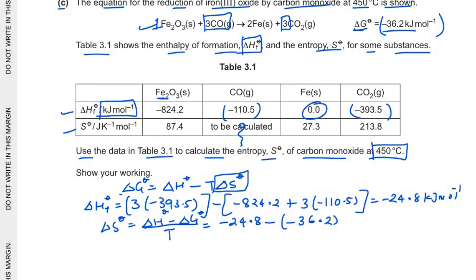So this is the numerator value, divided by the temperature, that is 450 degrees Celsius. Here we have to add 273 to get the temperature in Kelvin, which is 723 Kelvin. So divide by 723 Kelvin. If we substitute all of these values, we get the entropy change as